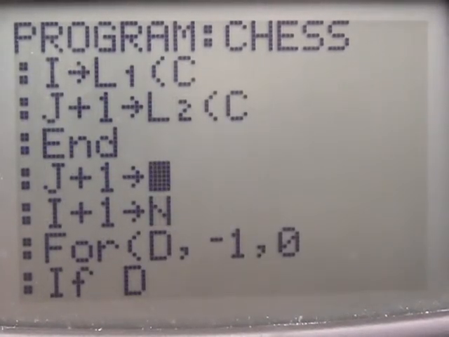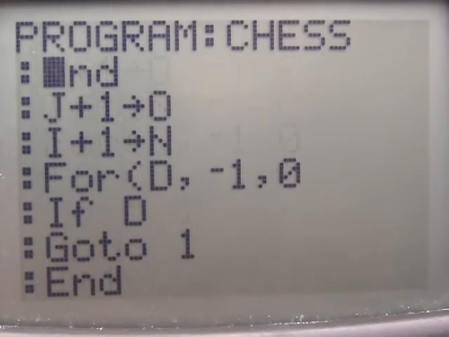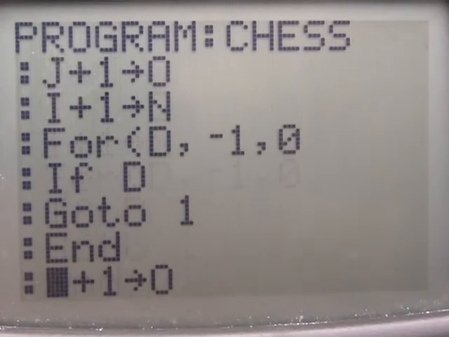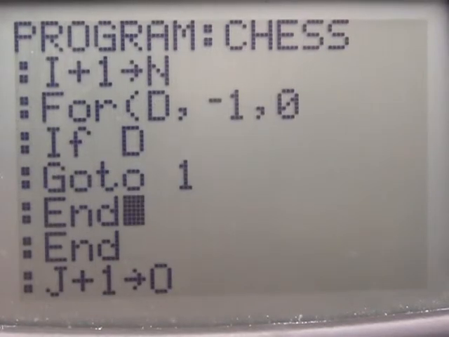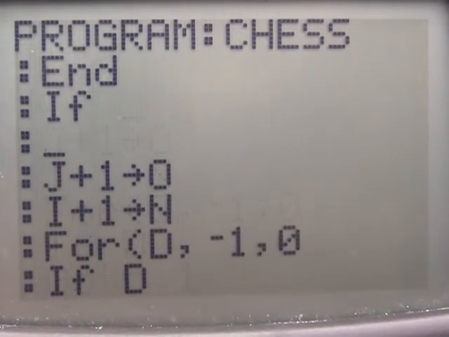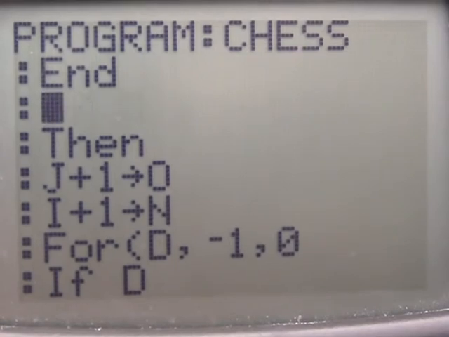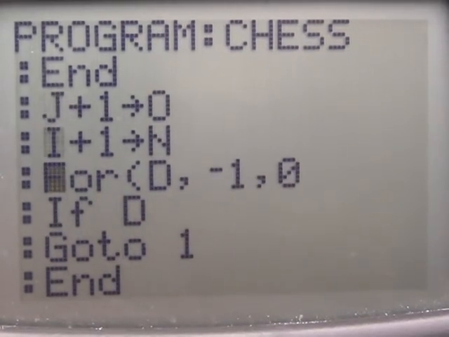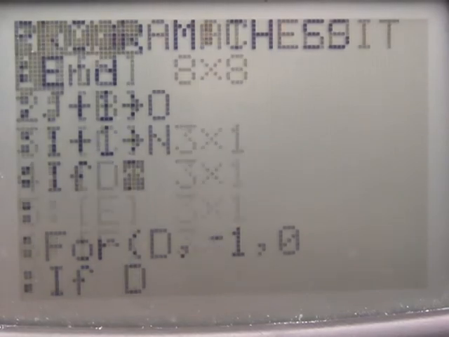And then here, j plus 1. Here's one that we just have to do an if statement around. So if, oops, let's go ahead and do that in here. So if matrix A